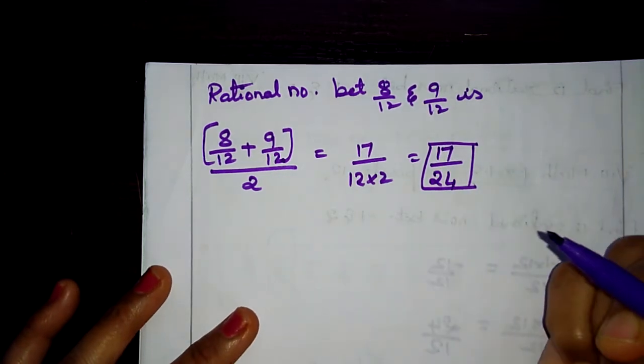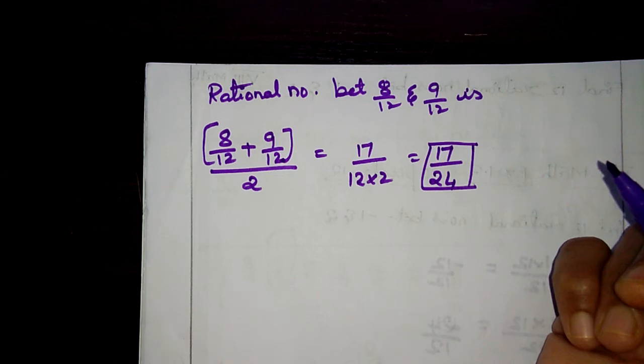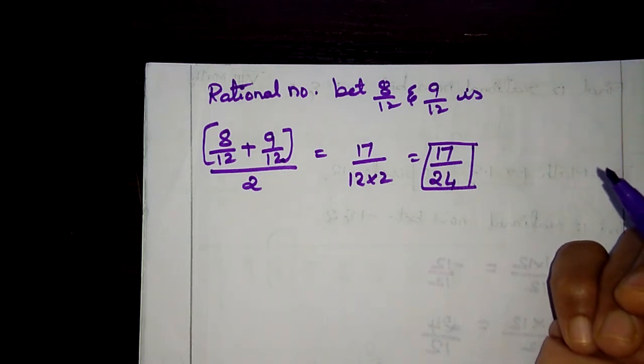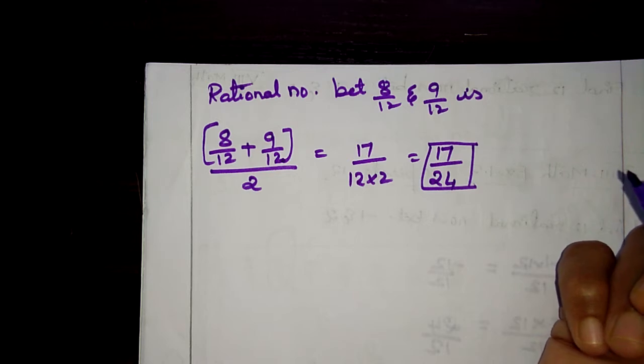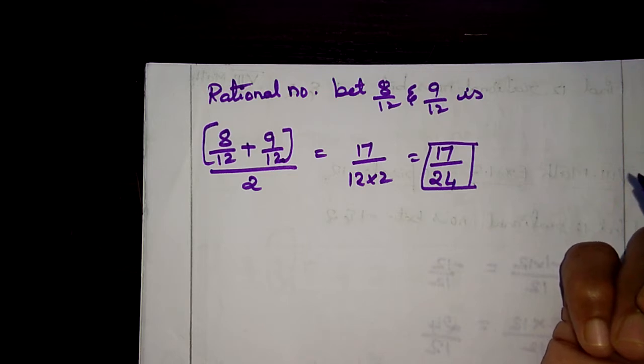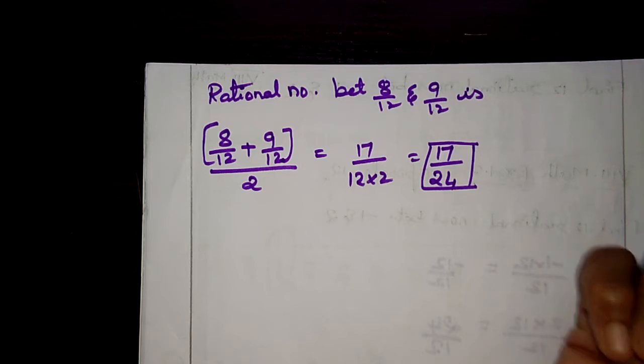If he is asking to find, for example, 8 rational numbers, otherwise 10 rational numbers, otherwise 20 rational numbers, like that, you multiply with any number so that you will get many rational numbers between them. Multiply and divide like the fourth sum you have to do. Here he asked only one rational number, so we have taken this mean method. Okay children,